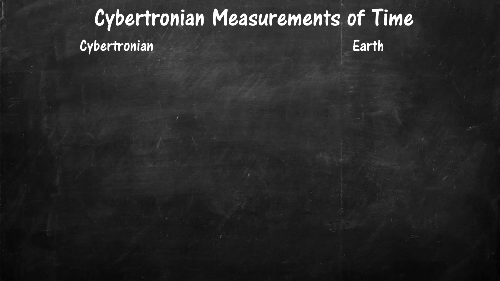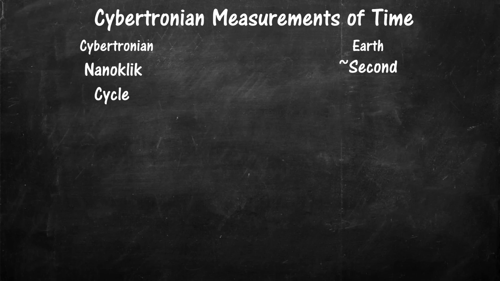The timeline is broken down into Cybertronian measurements of time, so let me give you a little conversion lesson. In this universe, a nanoclick is defined as the duration of 8,589,934,592 periods of the radiation corresponding to the transition between two hyperfine levels of the ground state of the cesium-133 atom. For those who don't know their temporal science, a human second is the time that elapses during 9,192,631,770 cycles of radiation produced by the transition between two levels of the cesium-133 atom. Basically, what this all means is a nanoclick is pretty close to a second.